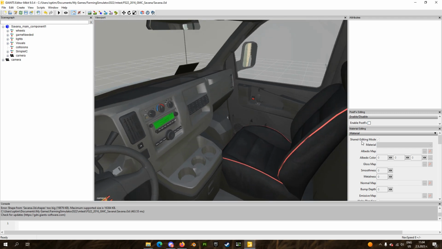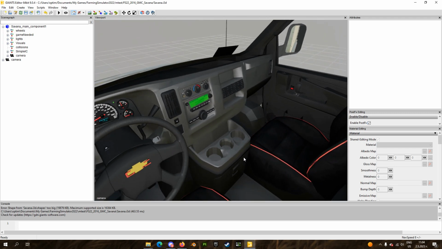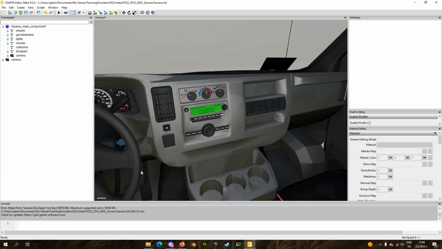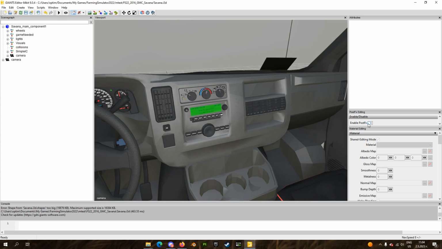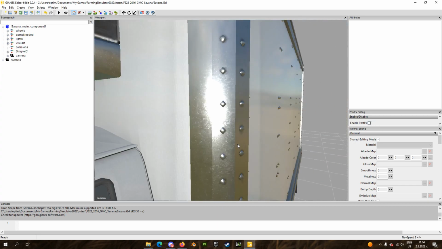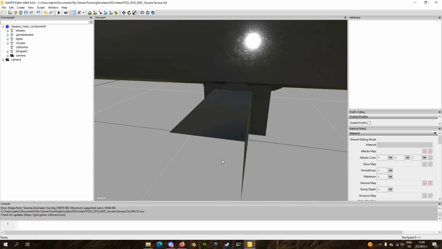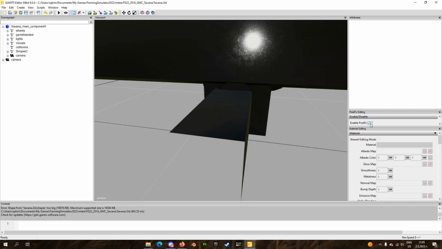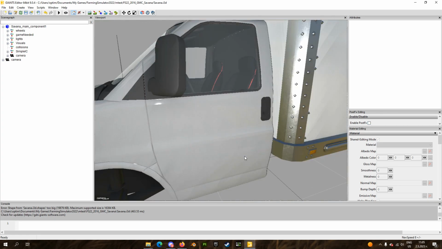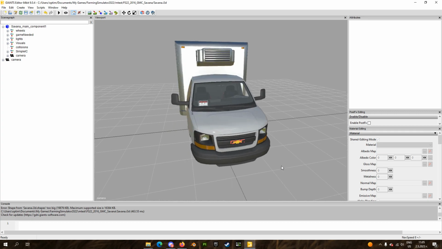It's not the best example here, but with it enabled, it adds some sort of blur, and when you disable it, it's a lot more clear and easy to see when you work on something close. You need to see something up close. So yeah, I think for now this is